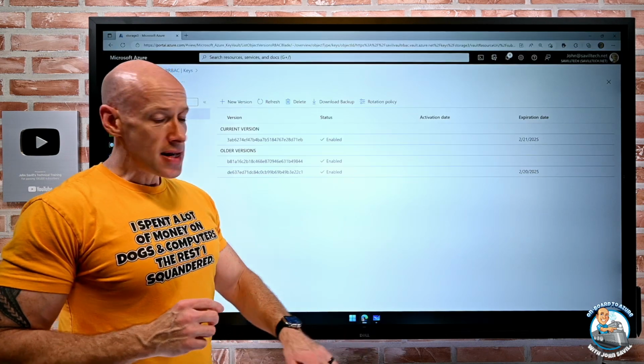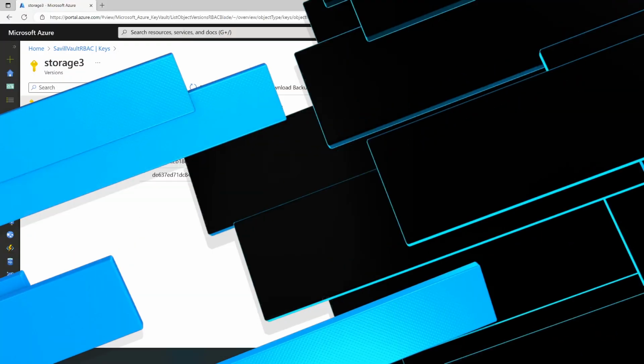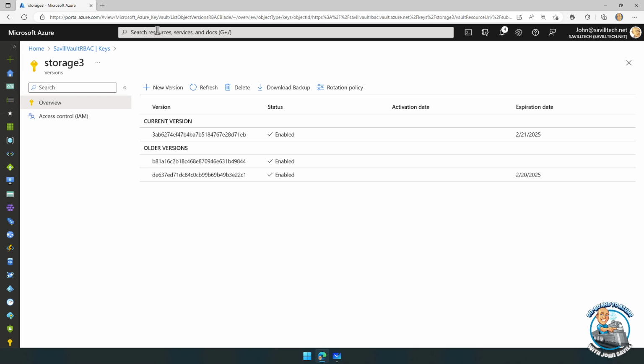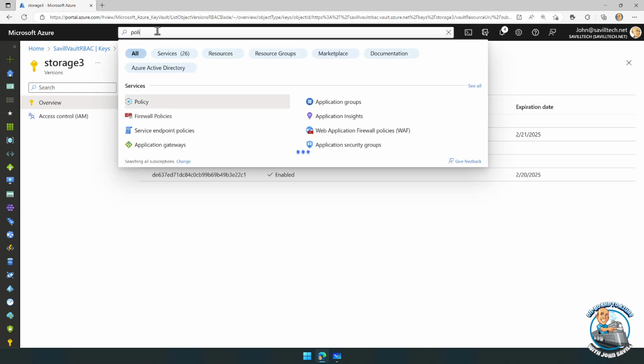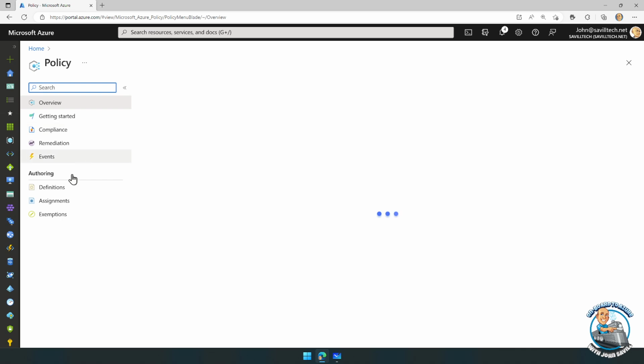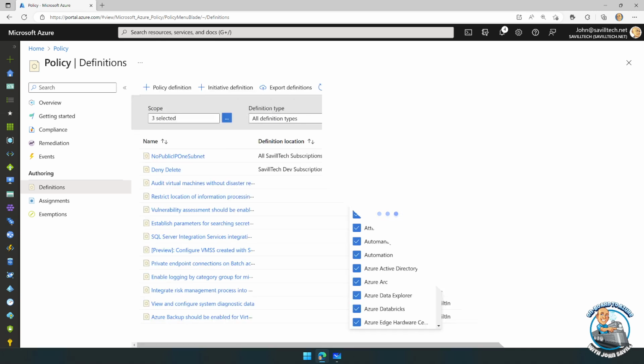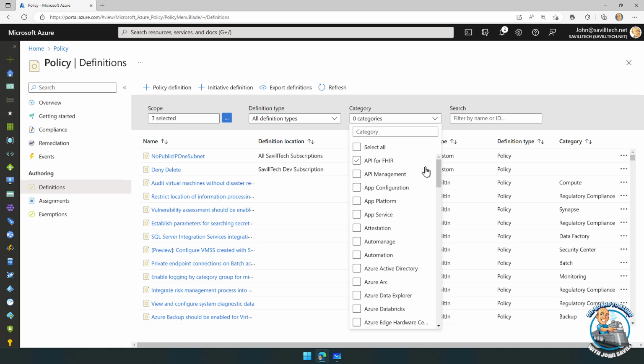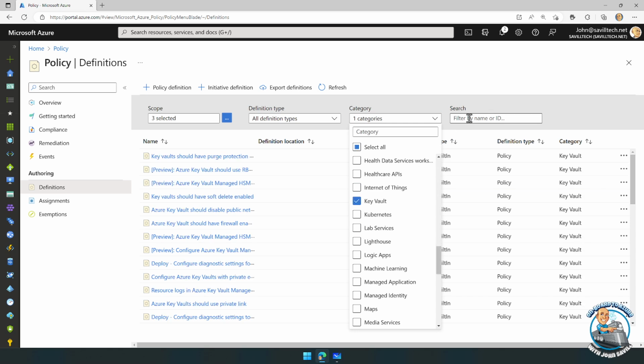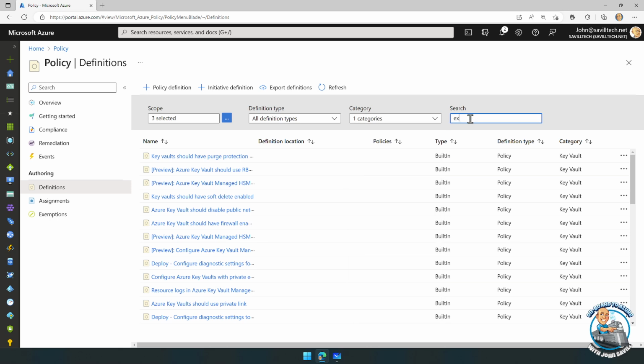Now, there is an Azure policy that can help me check expiry dates have been set. So if I go and search for policy, for example, and I look at my definitions, what I want to look for here is an actual policy, not an initiative, just around the Azure Key Vault category. Let's hope this wakes up in a second. I'm kind of giving up a little bit because it seems to be having a lot of performance problems this morning. So if we just search for Key Vault, and then if I just search for expire,